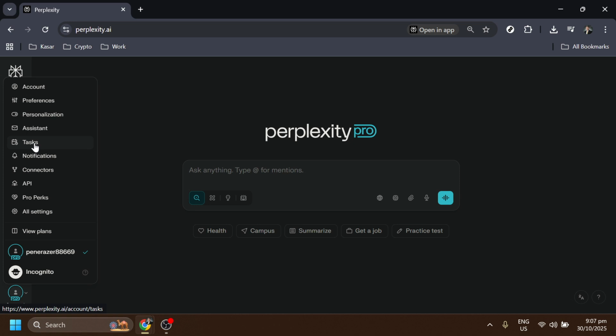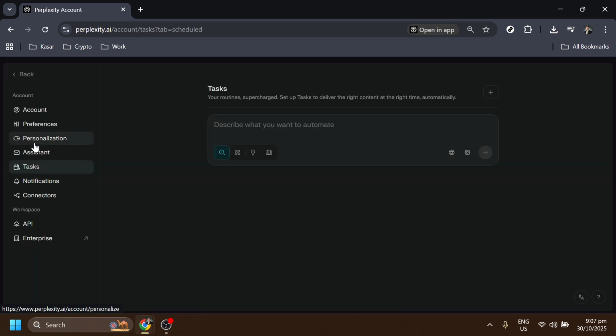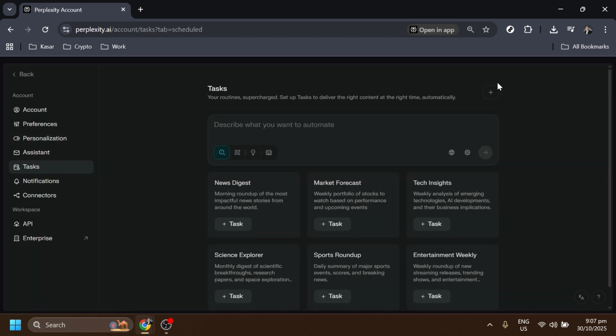Upon accessing your profile, you're going to want to select Tasks from the menu options. You'll typically find this under the Settings or Options section, serving as the hub for creating and managing your tasks within Perplexity AI. Initiating this step is crucial because this is where you'll set up your tasks to run automatically